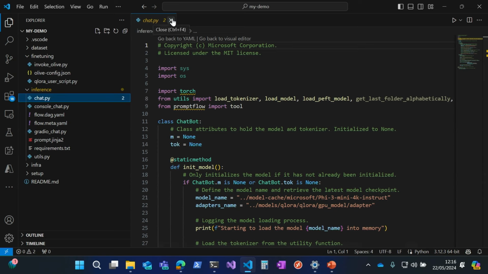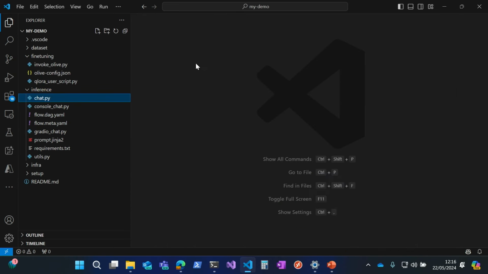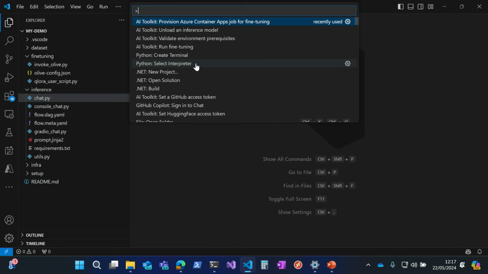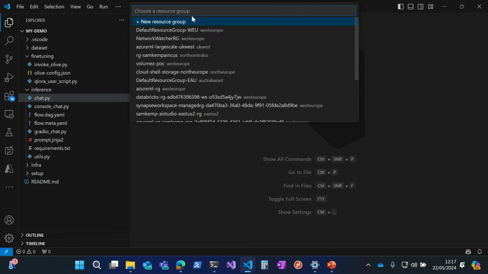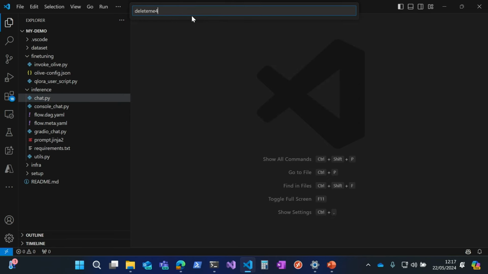Now, I mentioned that we can train this in the cloud, and you need an Azure Container App service to do this. You can use the Azure portal to do that, but the AI Toolkit extension can also do that for you. If we go to the command palette, there is a Provision Azure Container Apps Job for Fine-Tuning. We can select this, and it's going to ask me a bunch of the typical Azure questions, like what's your subscription. It'll also ask me for a resource group, so if I just put something in here,